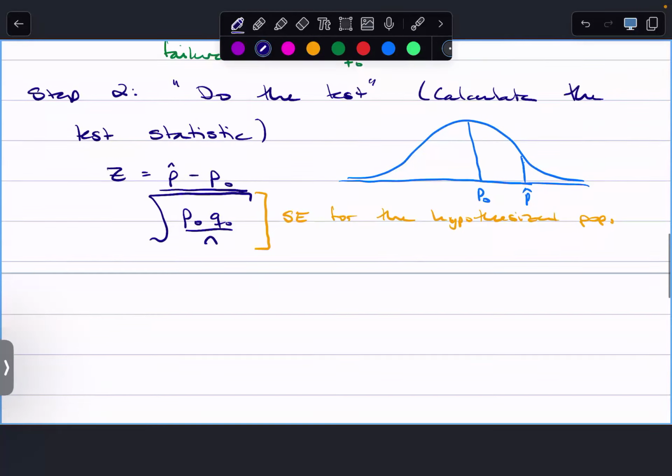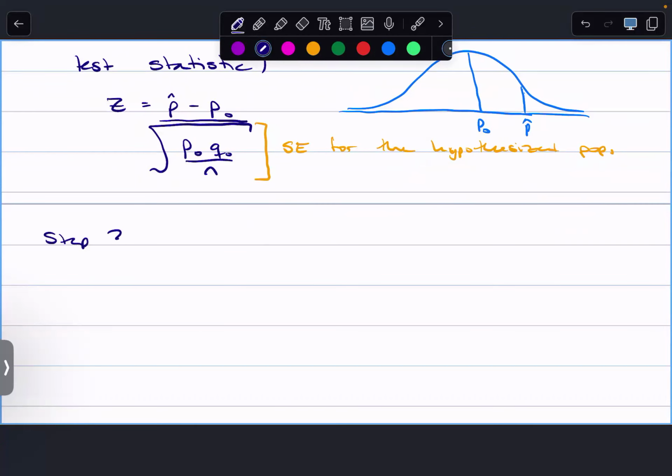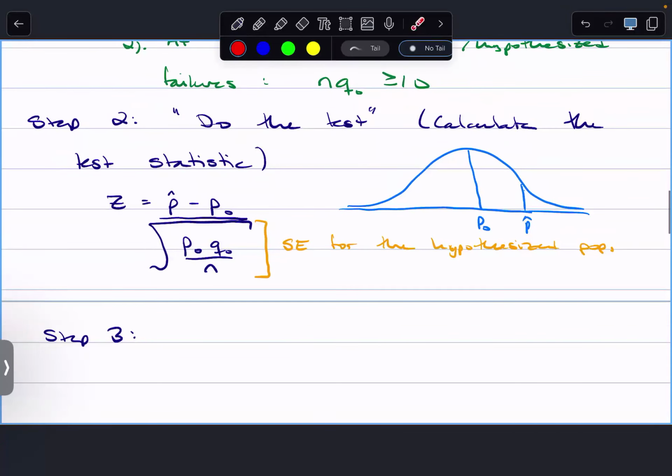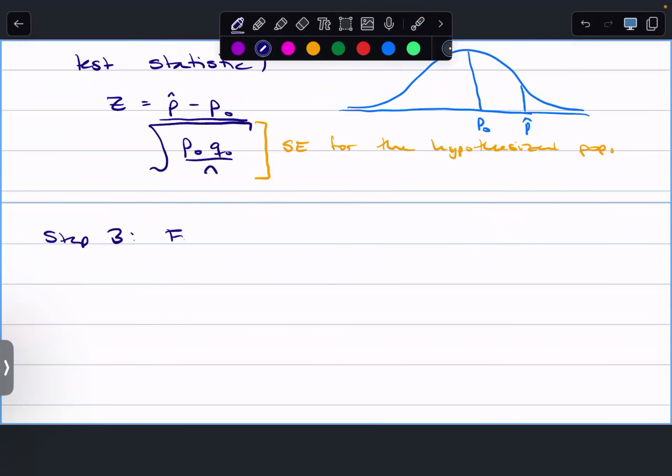Then we're ready for step 3. We could try talking in terms of Zs. You find a Z, now Z tells you how many standard errors for the hypothesized population you are away from the hypothesized center. That's really bogged down and hard to communicate. And so what we do is we take it one step further and we talk in terms of probabilities. In fact, we talk about the probability of seeing something as extreme or more extreme, and that's the p-value. So step 3 is find the p-value,